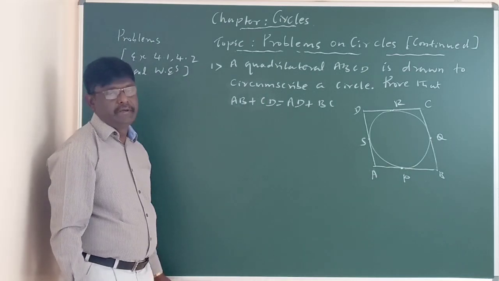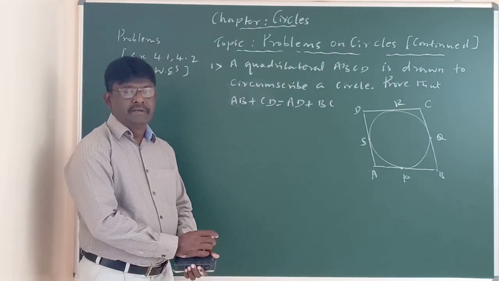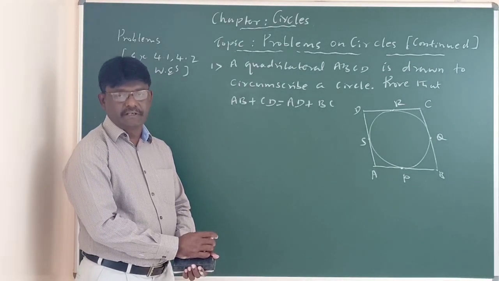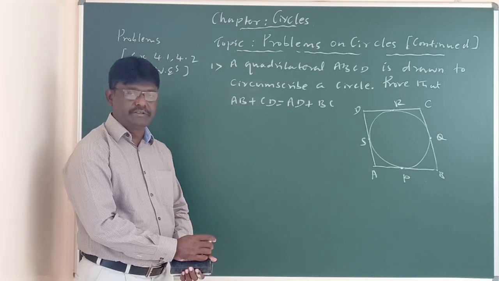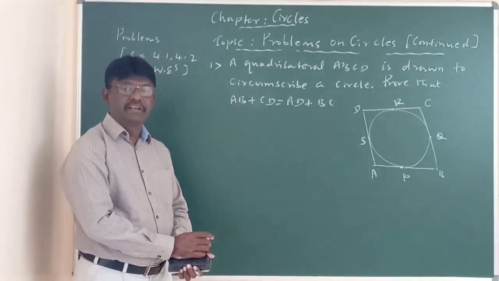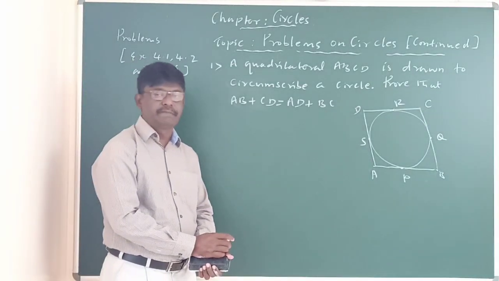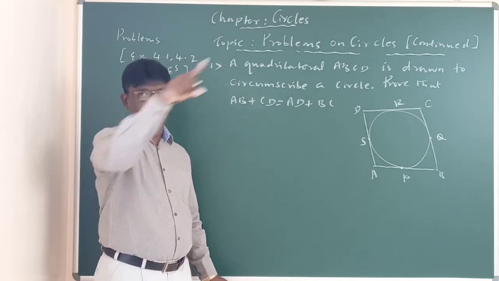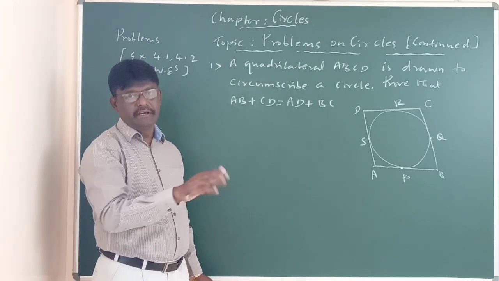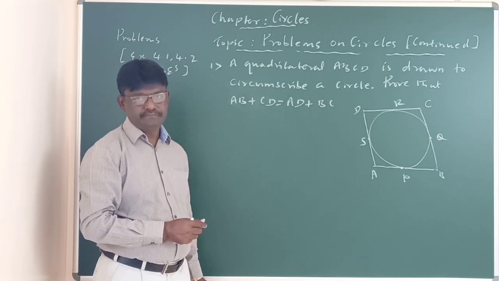Okay, so now in the previous class we have proved two theorems on circles. The first one: the radius is perpendicular to the tangent. Second, regarding the length of tangents. What about the length of the tangent? From an external point to a circle, two tangents can be drawn, and those two tangents are equal in length.